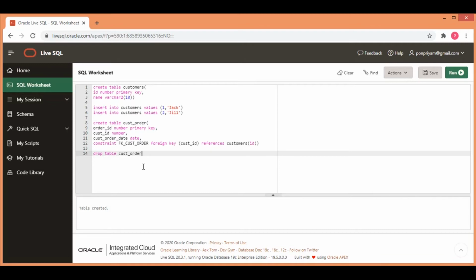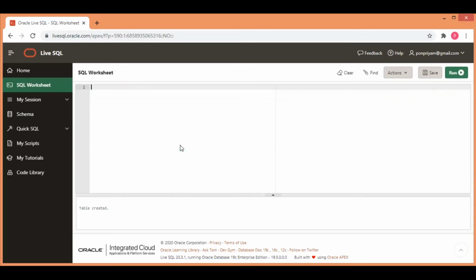Now, so far what we have done, we have created a master table and then we have created a separate child table, and the particular fields of the child is getting a reference to its master or parent on a particular field. Now alternatively, we can also have the same table as both the master and the child. Okay, let us see a case like this. I'm going to create a table which is called employee.